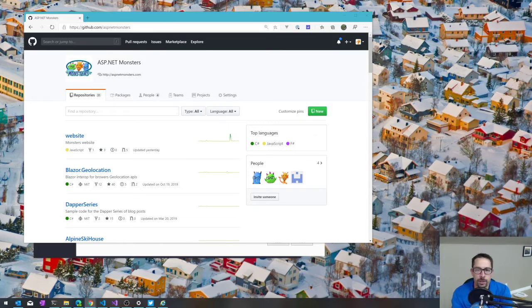Today my plan for this live stream is I just have this little idea for an open source project that has been kind of in the back of my mind for a while, and I finally have a few minutes